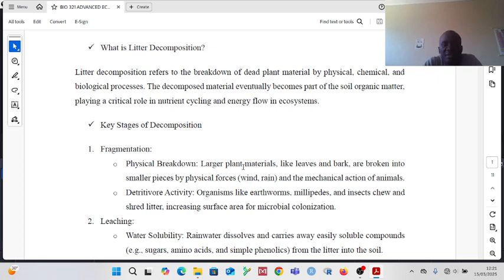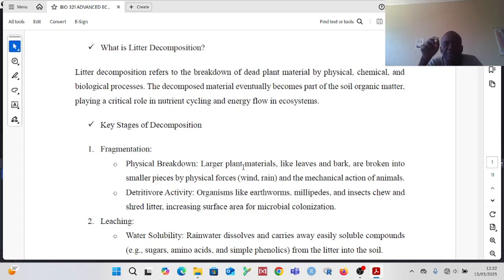After being broken down, the decomposed material will eventually become part of the soil organic matter. By doing that, this decomposed material will play a critical role in nutrient cycling,